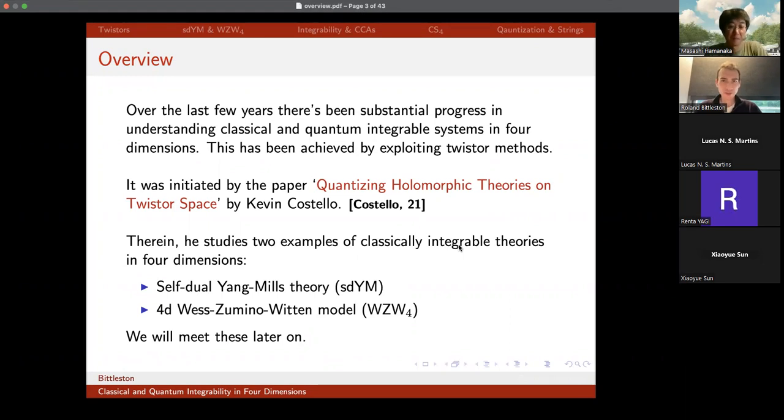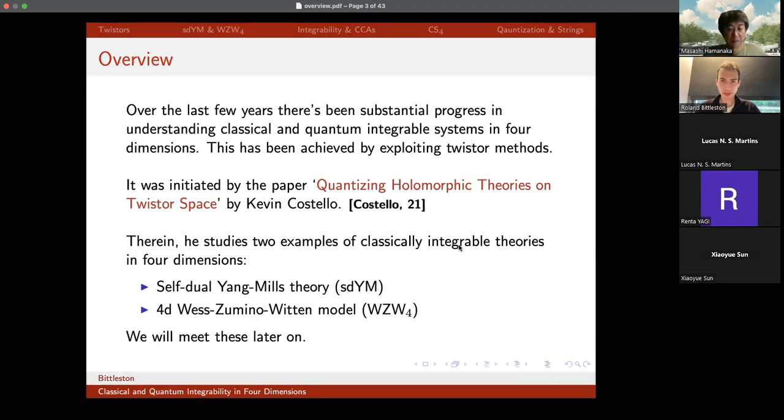Okay, so after the last few years, there's been a lot of progress in our understanding of classical and quantum integrable systems in 4 dimensions, and I think that's been achieved using twistor methods. I'm not sure this is standard language to call them 4-dimensional integrable systems. Perhaps when people think about 4D integrability, they think about N=4 super Yang-Mills and the planar limit. This is integrability in a very different sense, but hopefully I'll convince you that these theories really should be thought of as 4D integrable,